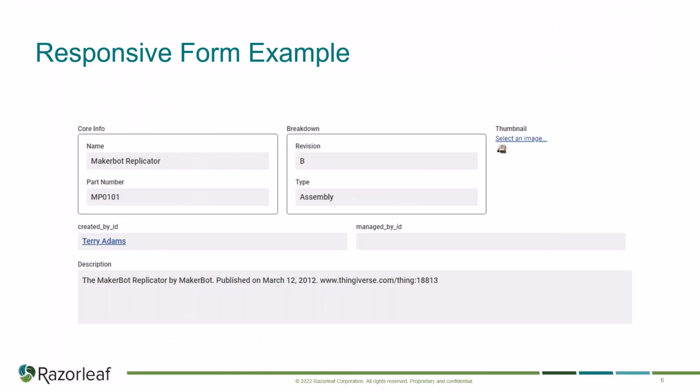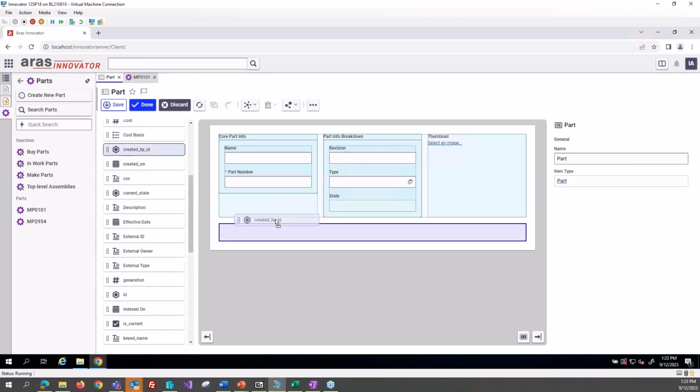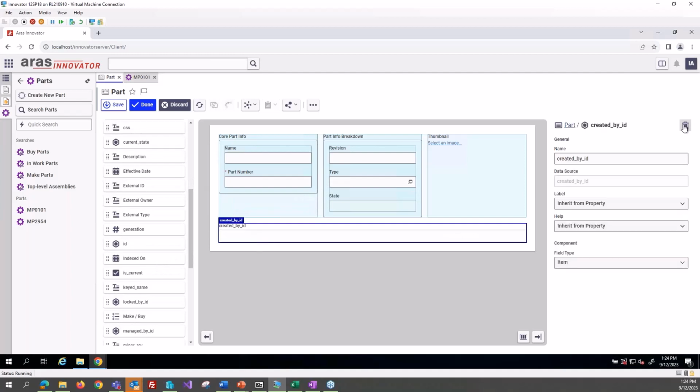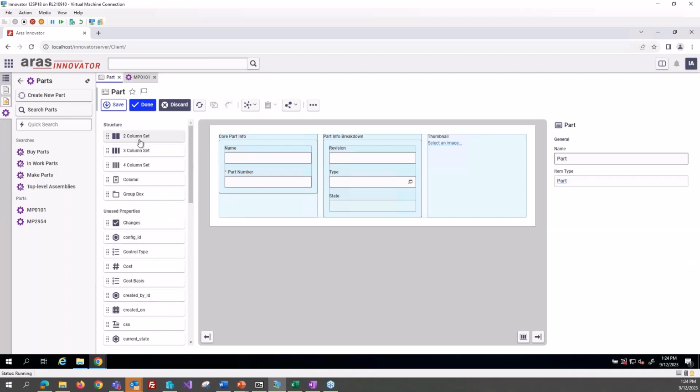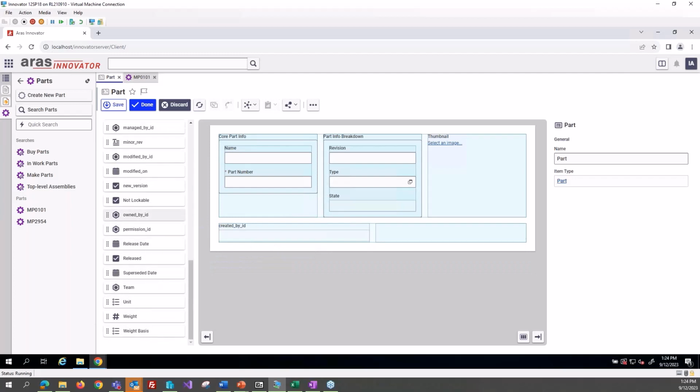Let's double check what we had on our example here. So we have a couple more fields to add: our created by ID, managed by ID, and our overall description. So let's finish off our form and go from there. So we'll add our created by. My mistake. In this case, we wanted to have 2 columns on our second row here. So let's add our 2-column set. Our created by, our managed by,